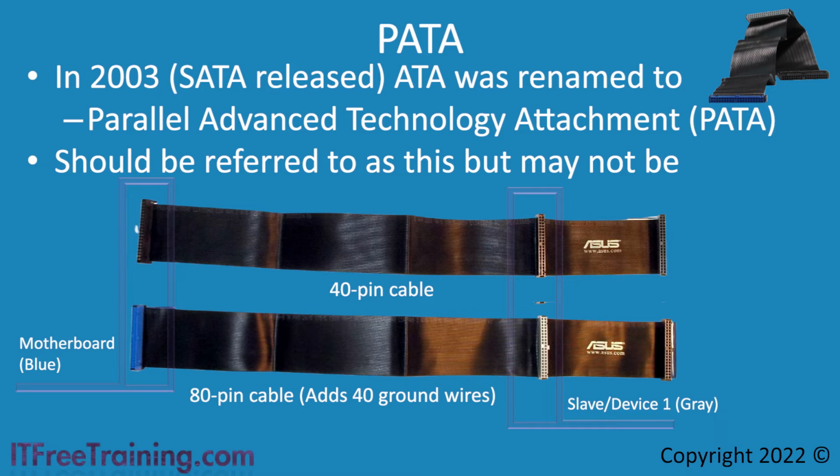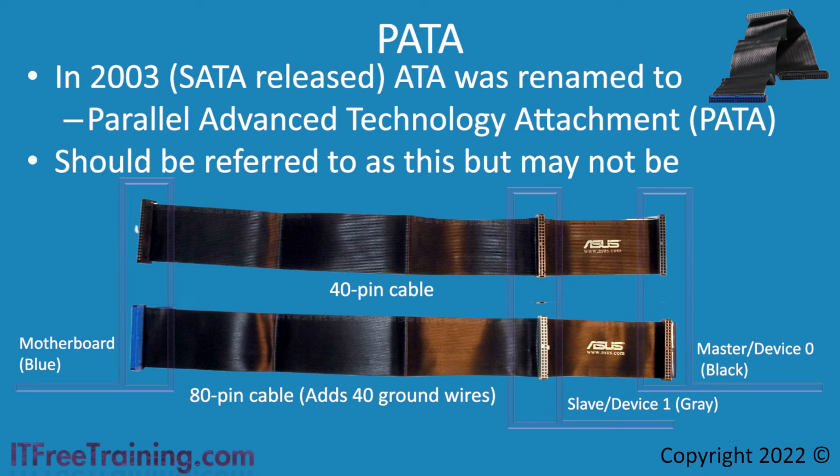The very first hard disk required one hard disk to be a master drive and the second to be a slave drive. Very old systems would not work if one of the hard disks was not configured as a master drive. As time went on, this was no longer a requirement. Thus, it was later referred to as device 1 rather than slave. If you had not guessed it already, the next connector is the master or device 0 connector. If you are installing a single hard disk, you would generally plug it into this connector. This is one way that you can configure the hard disk to be device 0 or device 1.